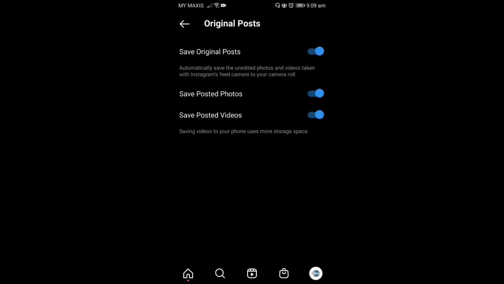Not all are ticked. So why is this important? This is important because if, for whatever reason, people deleted your post or something like that happens to your Instagram, at least you have it ready. You have it saved in your phone once you post it out. This is saved in the phone folder, which is separate from Instagram.